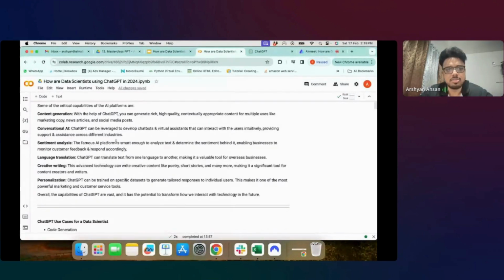Sentiment analysis. By sentiment analysis, it means that you can monitor the feedback and pass any comment or any paragraph and ask what the sentiment of this particular user is. This helps in getting an understanding of how customers are giving feedback.